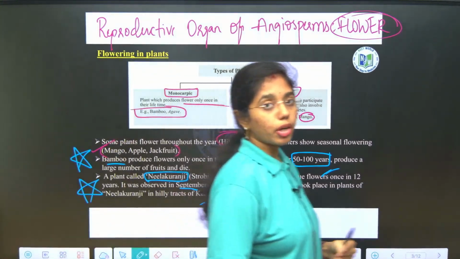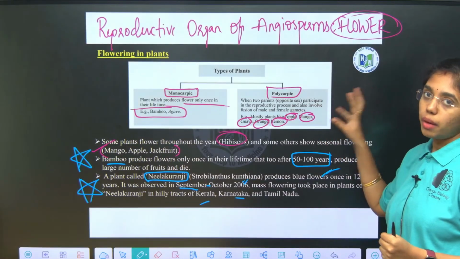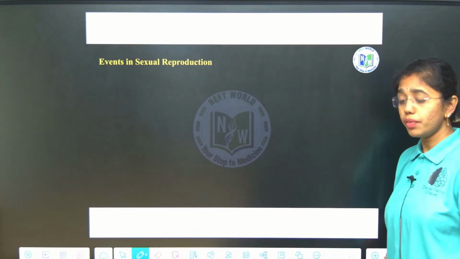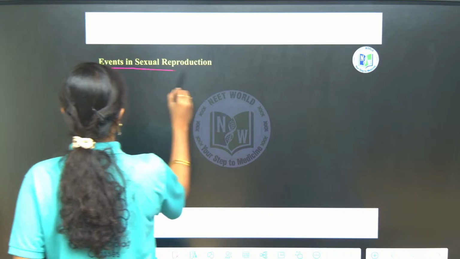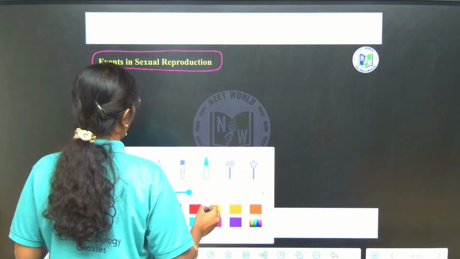Clear, right? Monocarpic plants produce flowers only once in their lifetime. Polycarpic plants produce flowers many times in their life. That is monocarpic and polycarpic. Now we will get into the events of sexual reproduction, which majorly involve